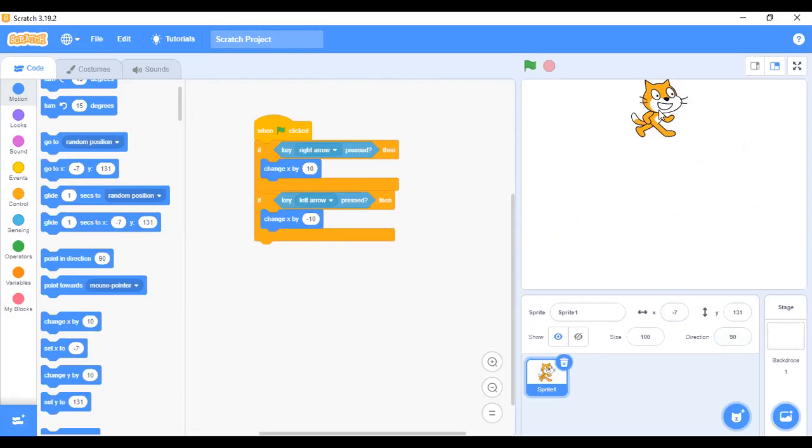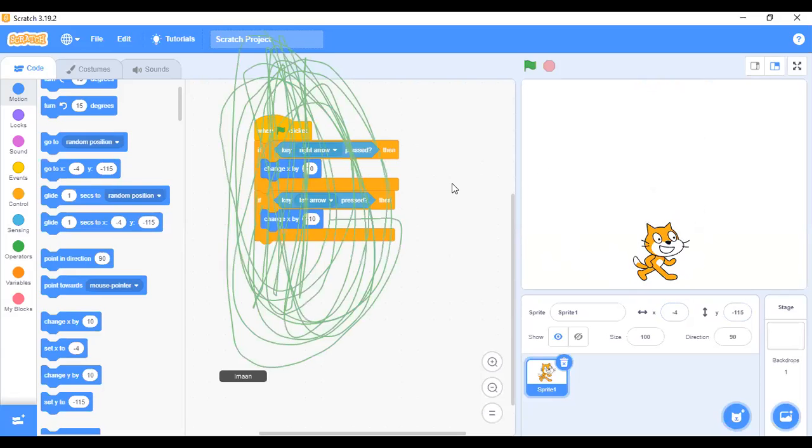If I move it up this way, look at it. That means the X is already falling towards the left-hand side. That is why we have a negative value, -7. If I move it forward this way, even though it's up, can you see? If I move it also downward too, look at it, -4 and -115. So anytime you are dealing with the left arrow key or the left-hand side or the downside, the value that you're going to use must be negative. While the right-hand side, like this way, or the up, should be what? Should be a positive value. Do you understand what I'm explaining? So you change this to -10, like I've explained.